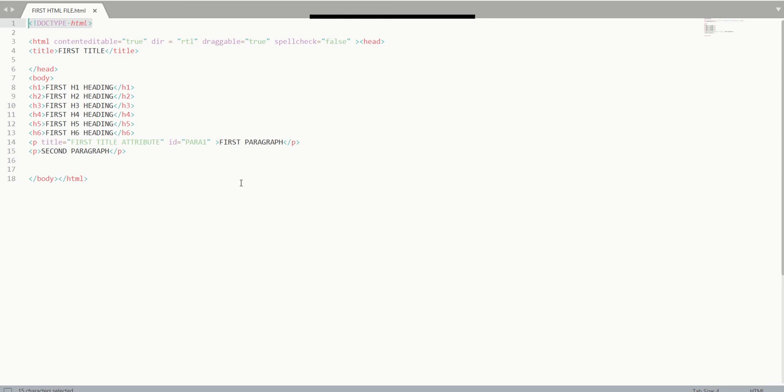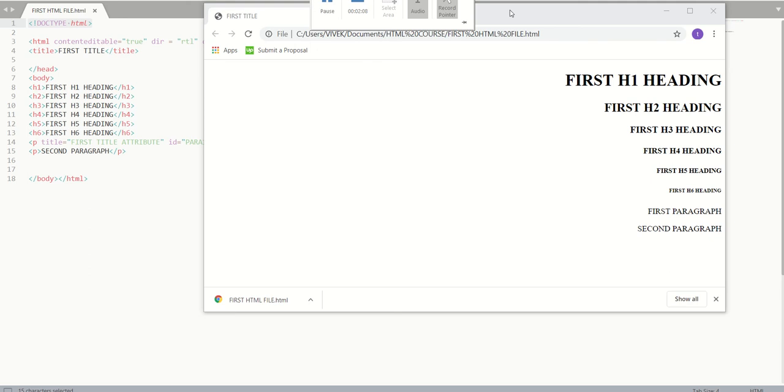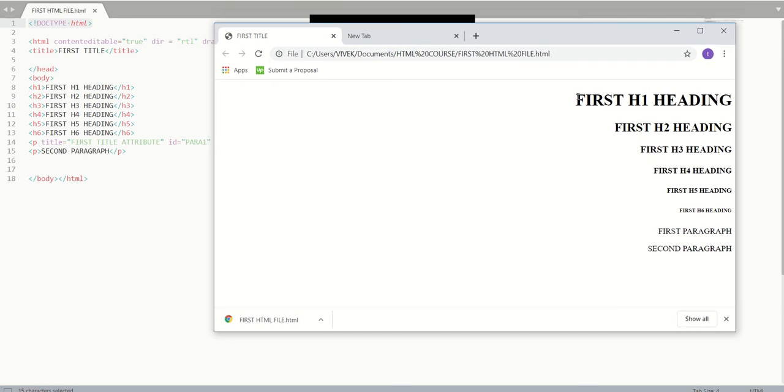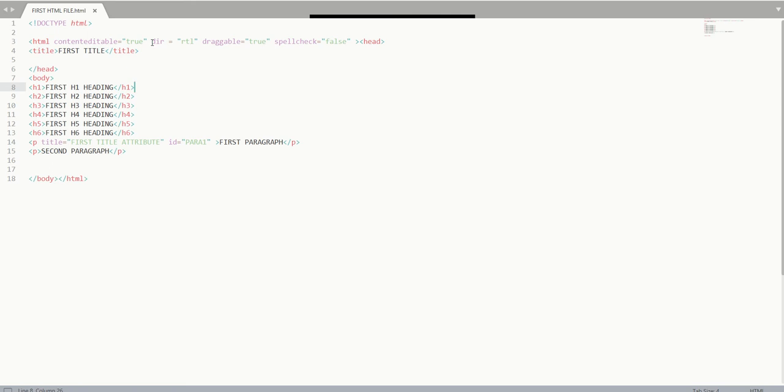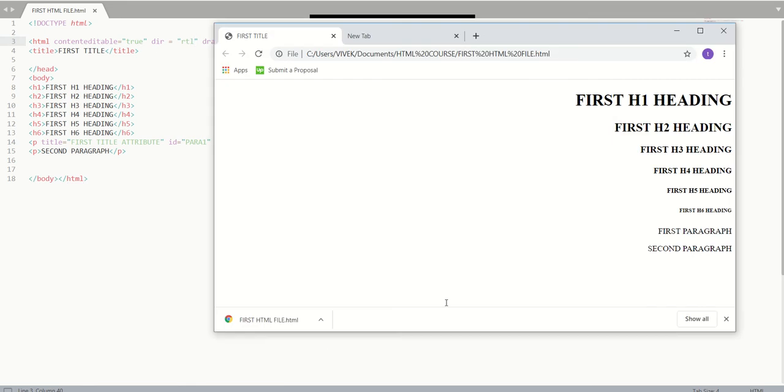So first of all, I would probably show you how my web page will look like. So this is my page. And now if you notice the most weird thing about this page, it has a right alignment, starts from the right. This is happening because I'm using this dir, I can also call it direction attribute, inside my HTML element. If I give the value RTL, that's right to left, then it will have the right alignment, just like here.